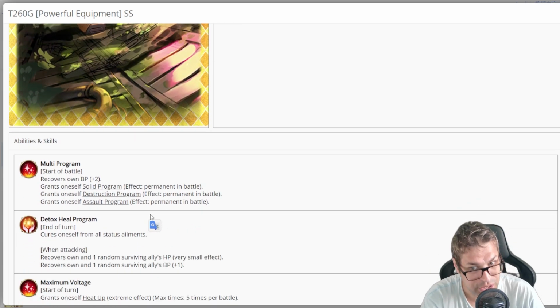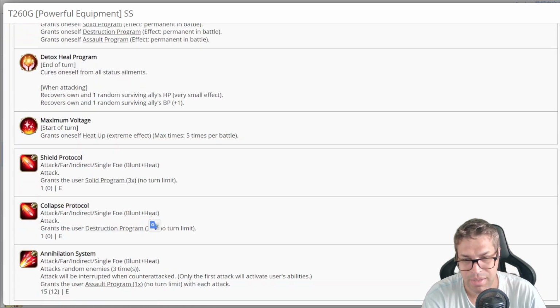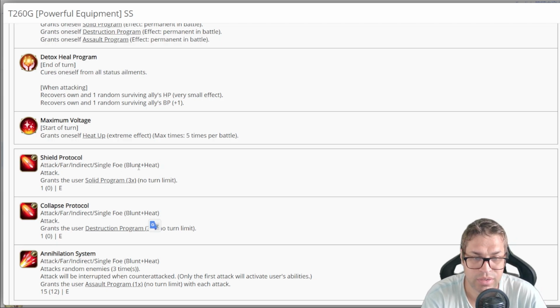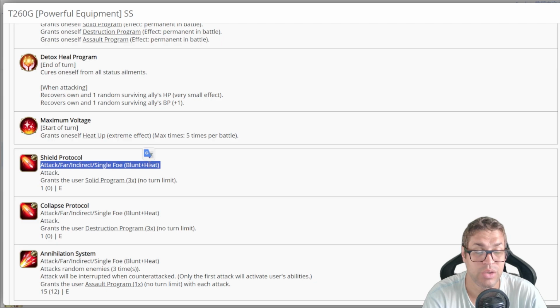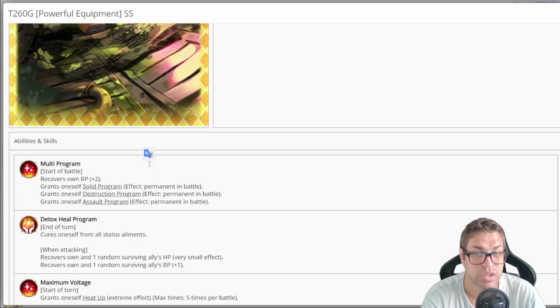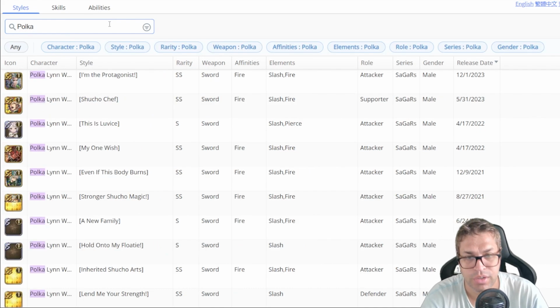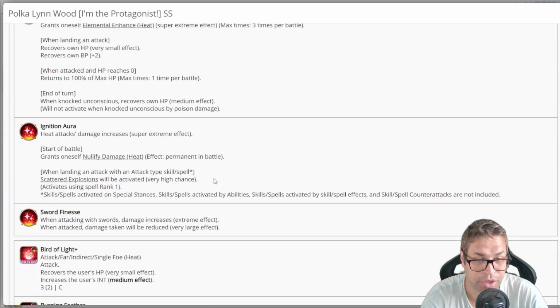But T260G can also use heat damage, while Leon is more about blunt, cold, and sometimes slash. So at least on the hit department, if you feel like you are needing extra damage, T260G can help you. Especially if you skip Polka as a damage dealer, since the latest version of Polka is a very, very